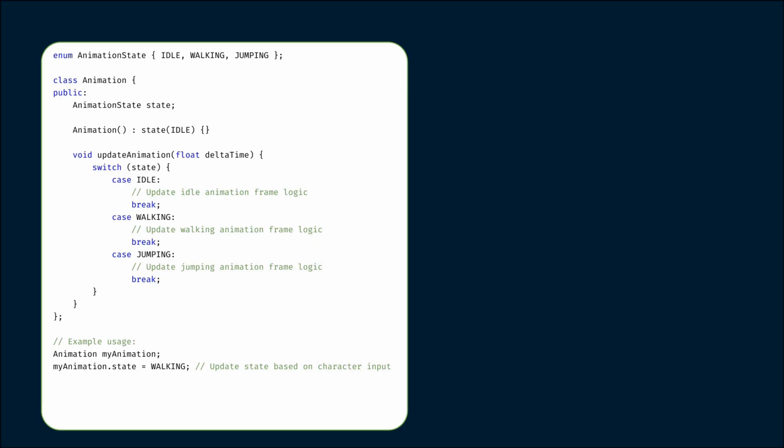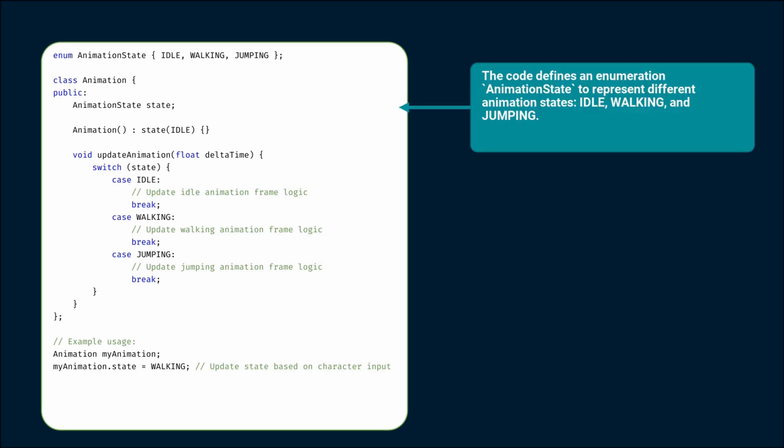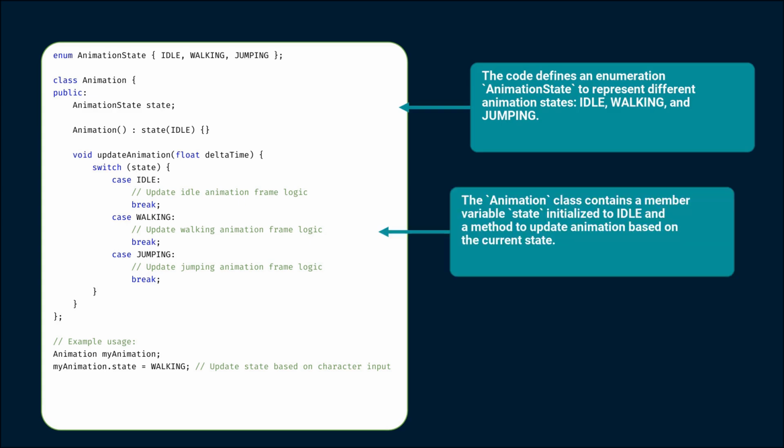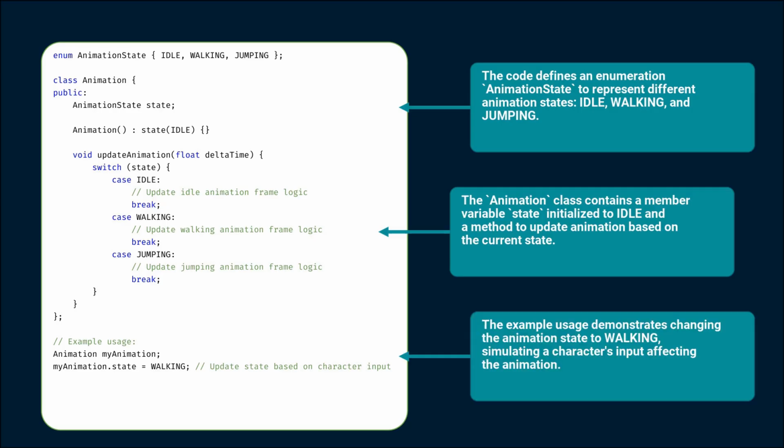Now, let's dive into how we can implement the animation system for our characters. In this segment of code, we define an animation state enumeration, which represents the different states our character can be in, like idle, walking, and jumping. This enumeration is really important because it helps us manage and switch between these animation states in a clear and